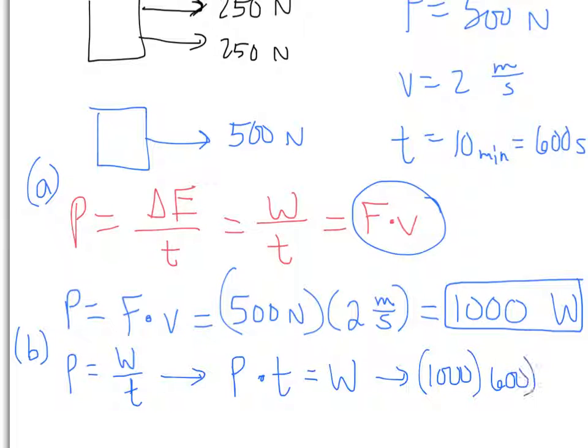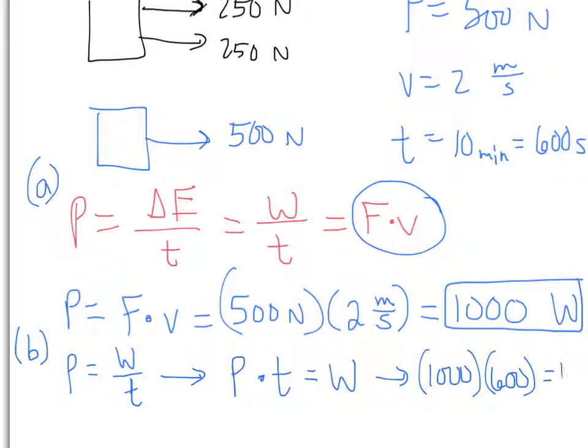Work is equal to force times distance times cosine theta. Power is equal to work over time. Power is work as a rate of change: how much work is done in a given time period. This W is work. Remember, units are different. If it's in a formula, it's work. If it's after a number, it's units of watts.